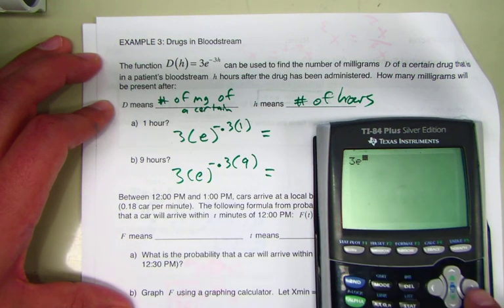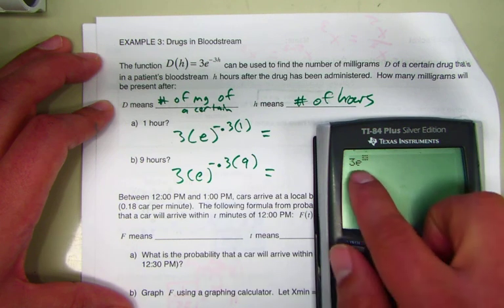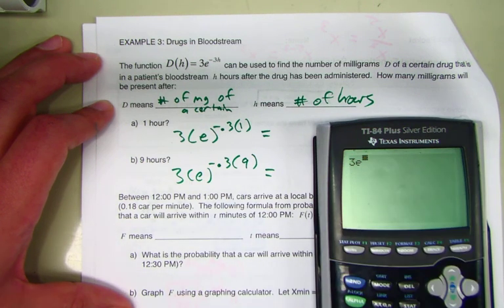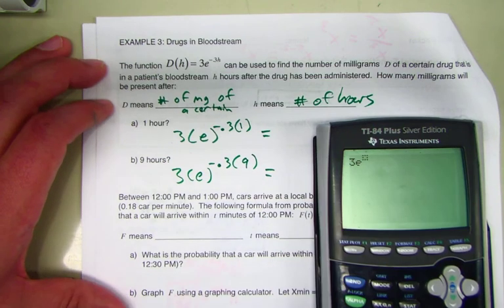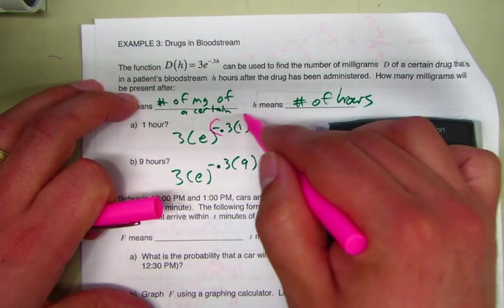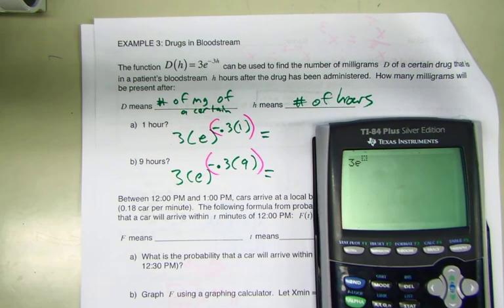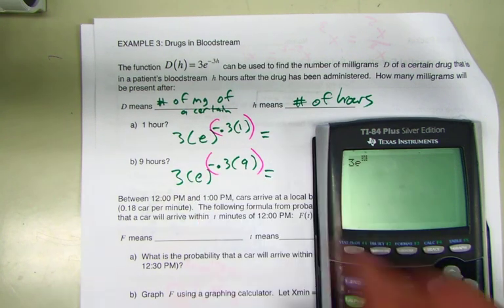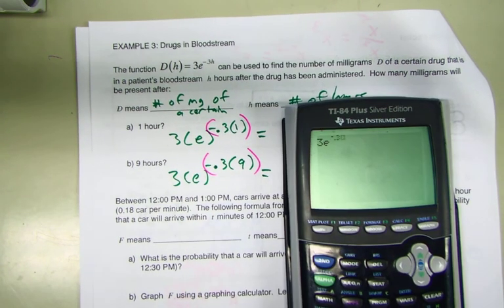If you guys have carets, does anybody see 3E with a little caret, upside down caret? If you see that, you just need to make sure that you put extra parentheses around your exponent. Okay? If you don't have that feature on your calculator where the exponent gets automatically put in as an exponent, make sure you put extra parentheses in there. Okay? If you do this correctly,